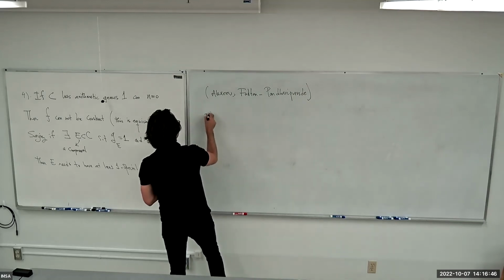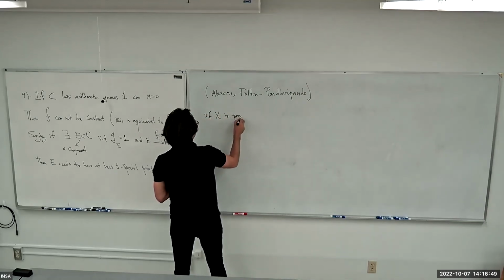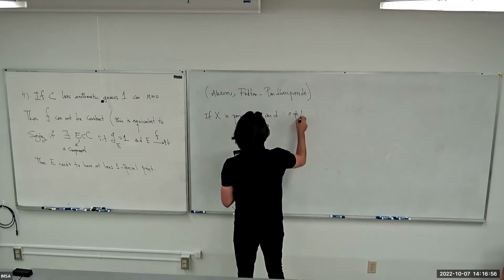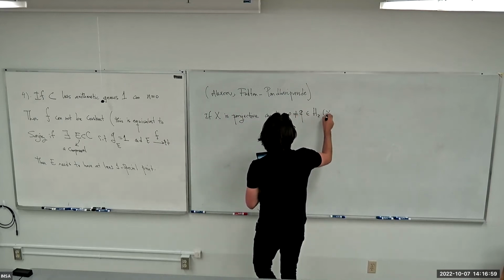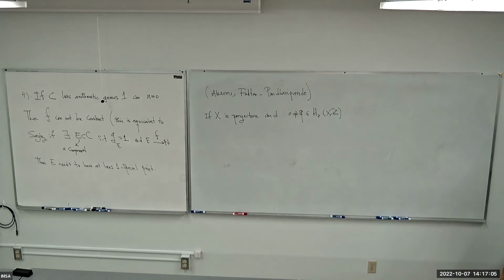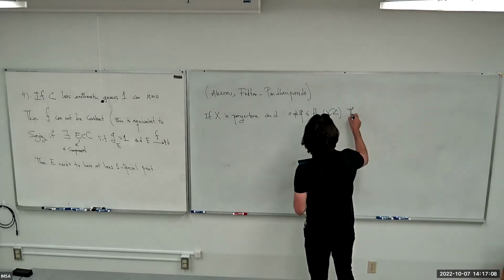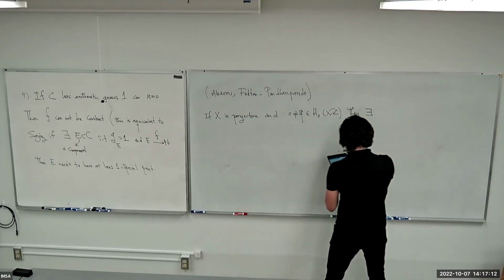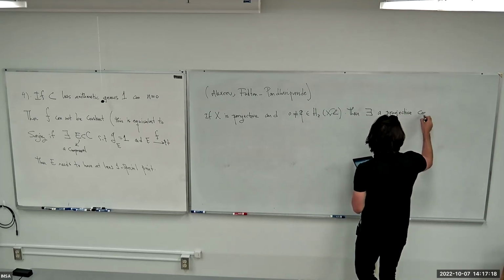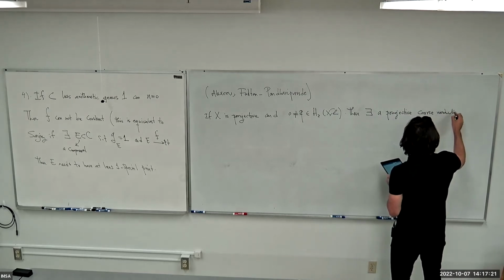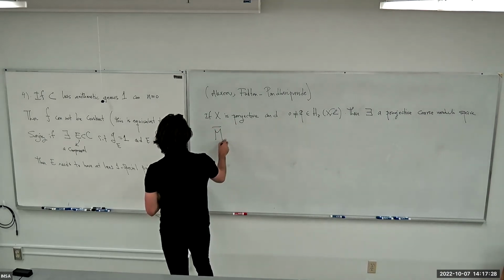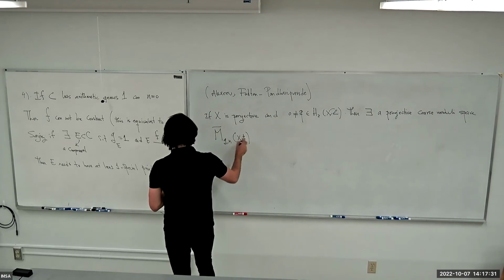If X is projective, and beta is not equal to 0, an element of integral homology of the ambient variety, integer valued homology of the ambient variety, then there exists a projective coarse moduli space M bar_{g,n}(X, beta),